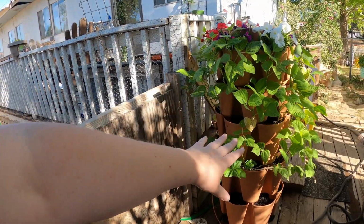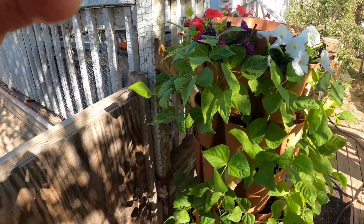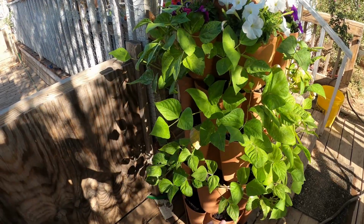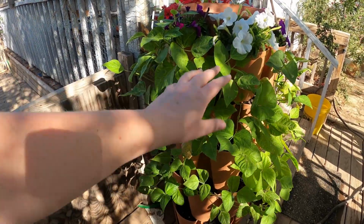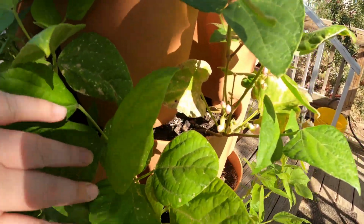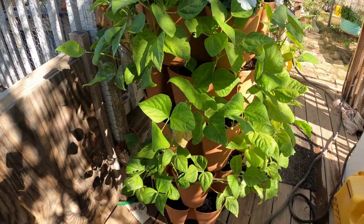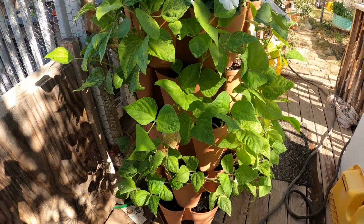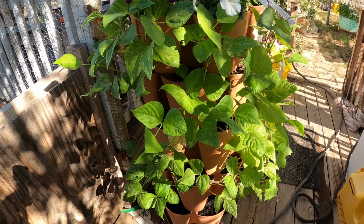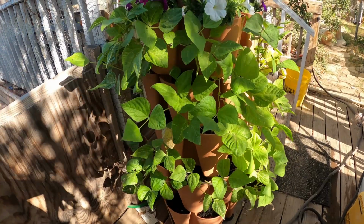I do love my green stalk that's here on the edge of my porch leading into the chicken yard, and look at it. This year I have bush beans growing in the 2nd, 3rd, and 4th tiers, and they're doing really, really good. We do already have flowers on these bush beans. I have red swan bush, I have some classic green beans. I may have put a couple lima beans in here. I don't really remember, to be honest with you. I think I might have some white beans that look kind of like navy beans, but anyway,